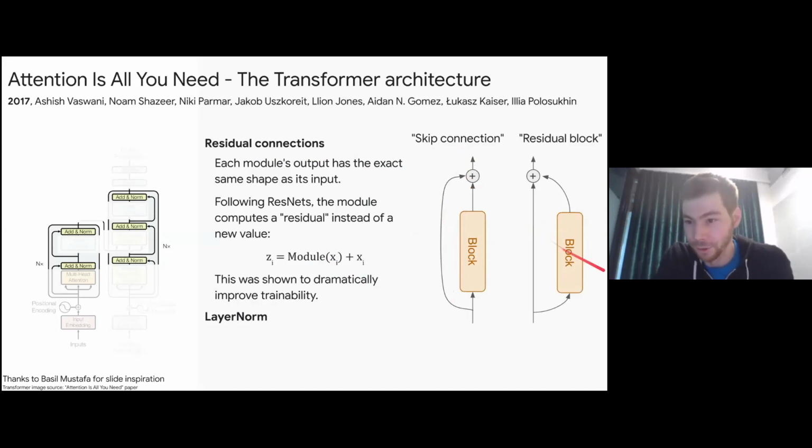I like this view, which is the same, just moving things a bit to the right. To me, this looks like, okay, we have our X, and then we have some processing that goes on and updates this X a little bit, right? And this is how I think about residual connections. And this is how, as I mentioned earlier, you can imagine this multi-head attention. After looking around, because there is a residual connection, it actually uses a self-attention mechanism to look around and propose an update to its own representation via this residual connection.